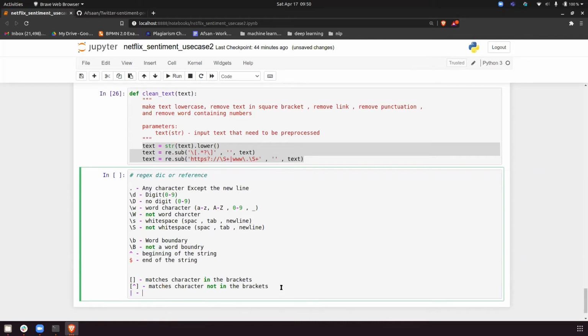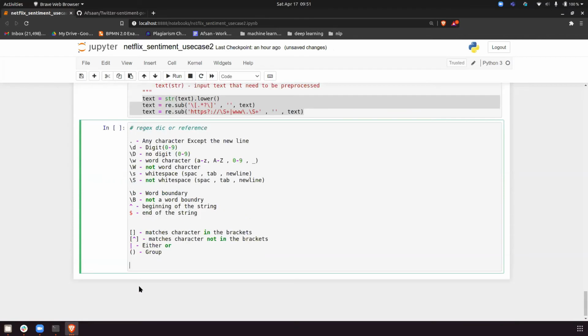This is for or. It can be either or. Okay, so either this or this or this or this. It can be anything, depending on what you pronounce. So what is this for? Round bracket. Group. Yes, it's group.